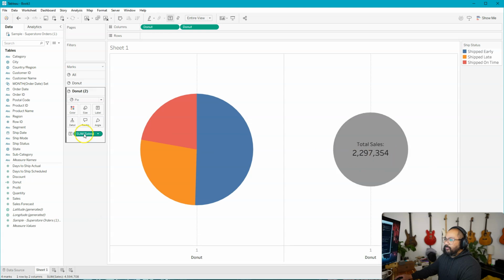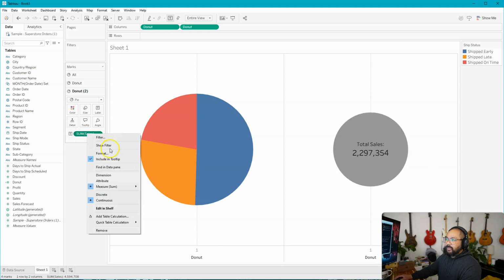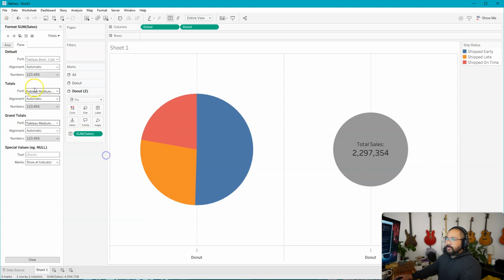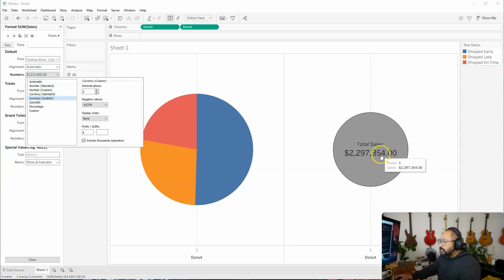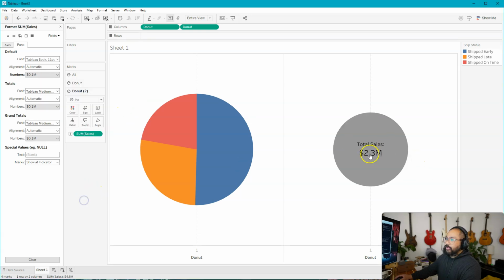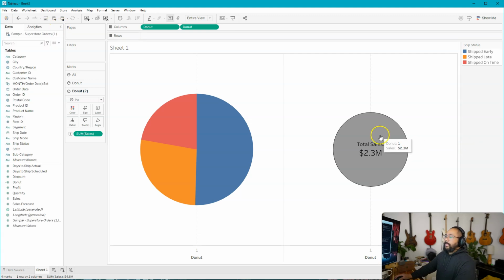And I'll even go so far as to edit the format. So here, we're going to go format. And instead of just a regular number, we're going to go currency. This is, what is it, million? We're going to switch this to million and maybe just 1 decimal place. There you go. Okay, so I'm going to leave that